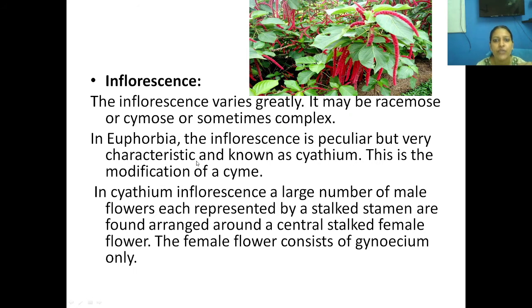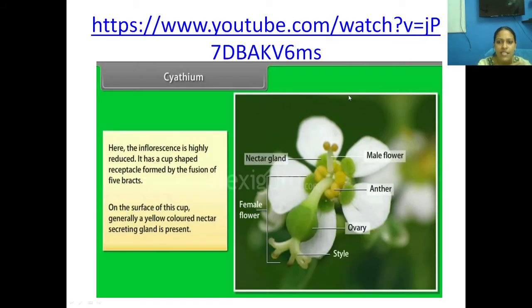And in Euphorbia, the inflorescence is the main characteristic. The inflorescence is the Cyathium inflorescence. And what is the Cyathium inflorescence? There will be an involucre cup, and on that cup you could see the arrangement of the male flowers, and in the center you could see the stalked gynoecium, which is tricarpellary. See this diagram, these are the tepals, okay, and this is the nectar gland,